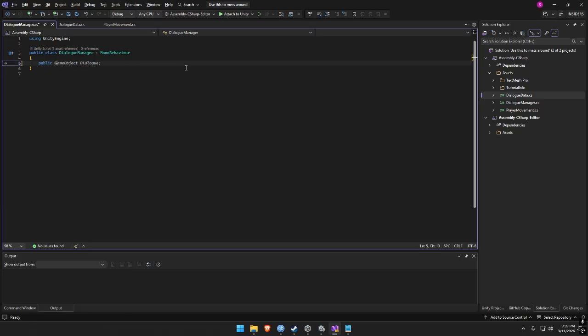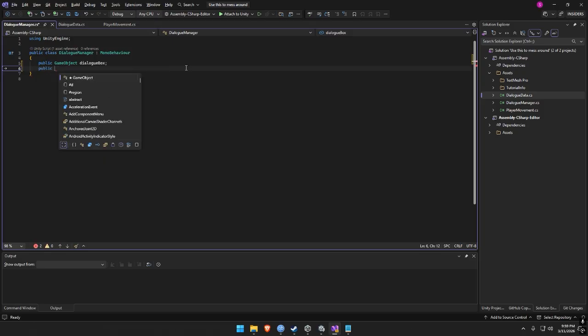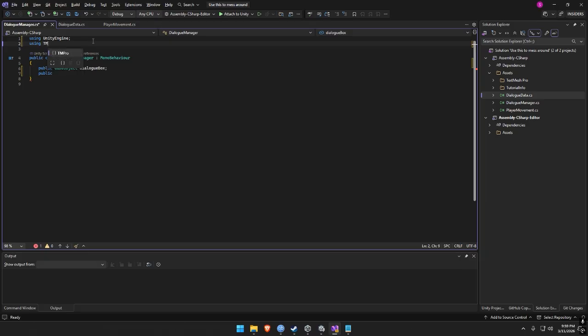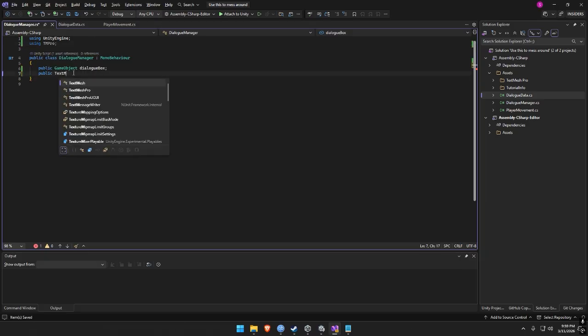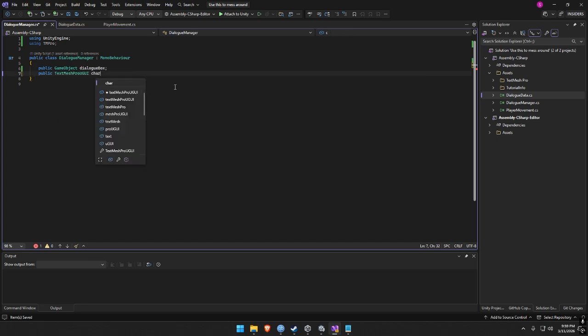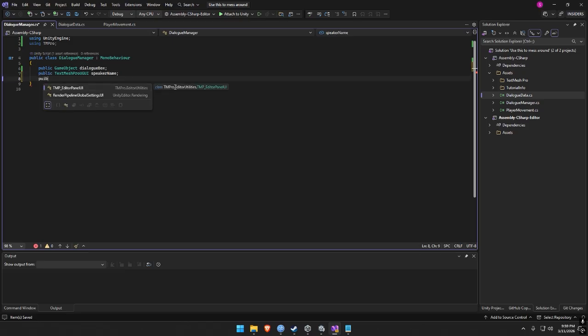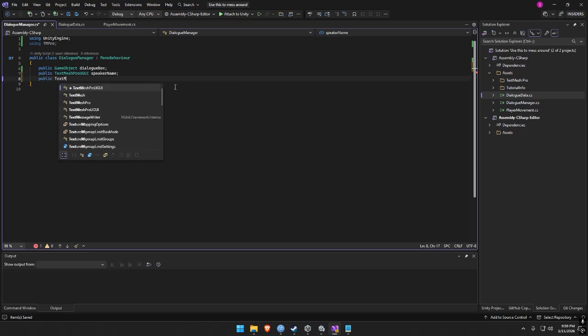So let's call this public GameObject dialogBox. Since we're using TextMeshPro, you have to use TMPro up here. So public TextMeshProUGUI speakerName,